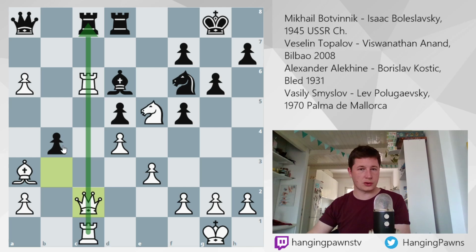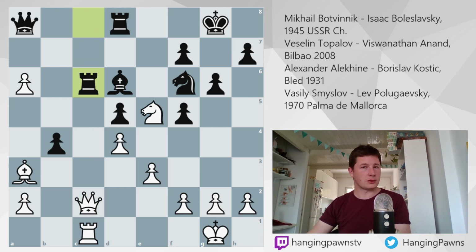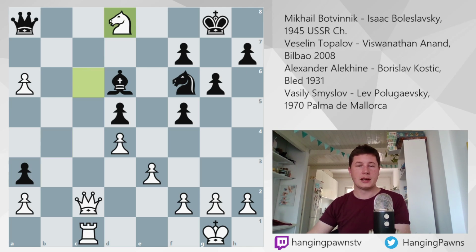If you in this position take my bishop, then I win a rook, with rook takes c8. So Kostic tried rook takes c6, trying to trade off the pieces and then win the bishop. But now after knight takes c6, your exchange is attacked, or your rook is attacked. So if you try b takes a3, then knight d8, and if you count the material, Black has bishop, knight, and queen. White has